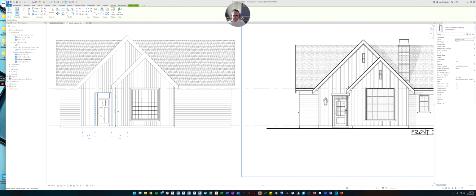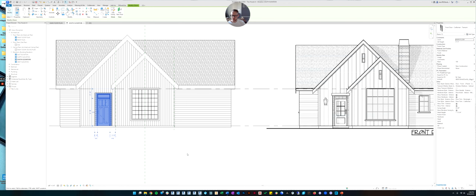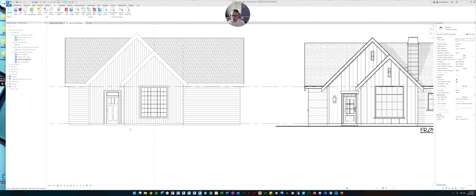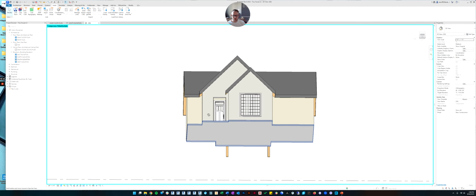There you go. And then our front door, let's see what dimension it is. It's 3 feet wide, 6 feet 8 tall. That's standard dimensions for a residential door. The transom is 1.5 feet tall. It looks a little too tall compared to our example, so let's just make the transom 1 foot tall and see what it does here. There we go. So now we've got a front door that looks a little bit more like a front door.